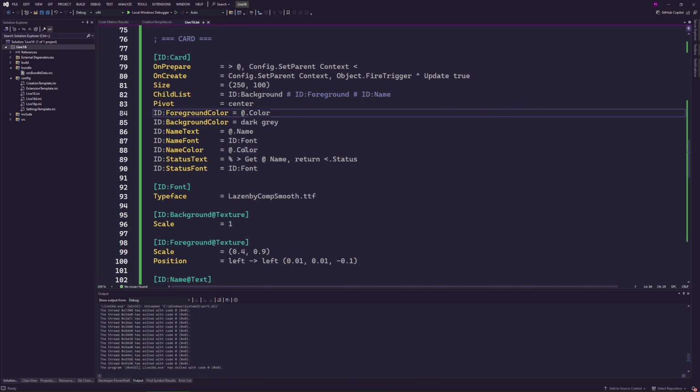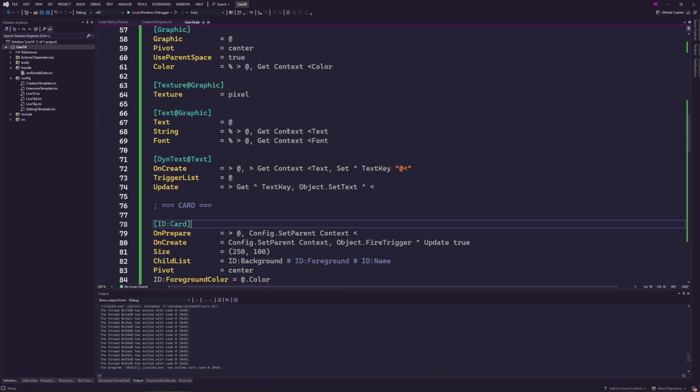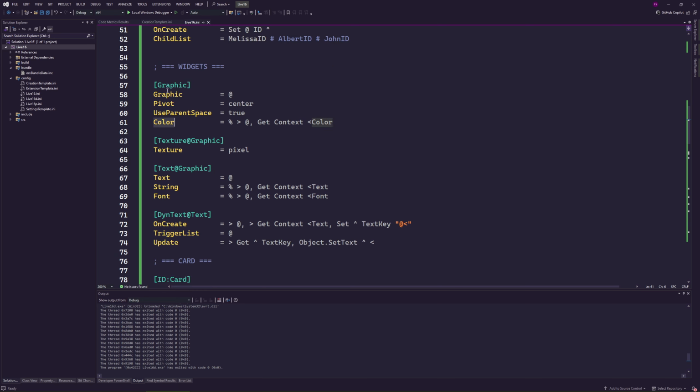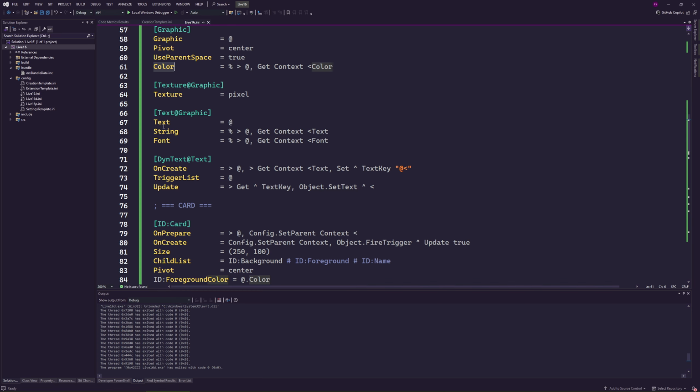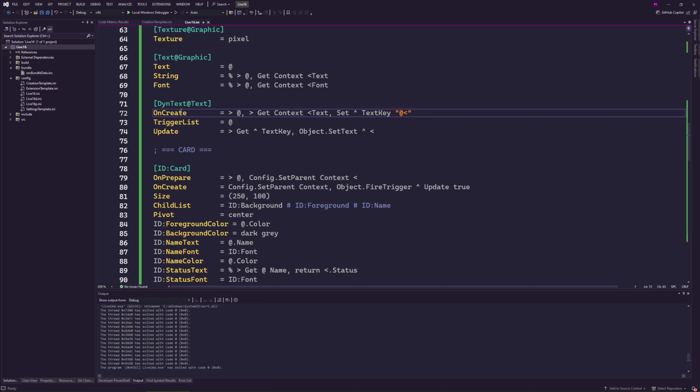It's all in config. Obviously, there was some fumbling. It's because I'm on live, it's really hard when you do this. Normally, if you take the time, it should be rather straightforward to do. You can add any property. Here, I only set the property for the color and the graphic and the font and the text and the string for the text. And here, dynamic, same thing, I change the text, but you can change any property of your object.